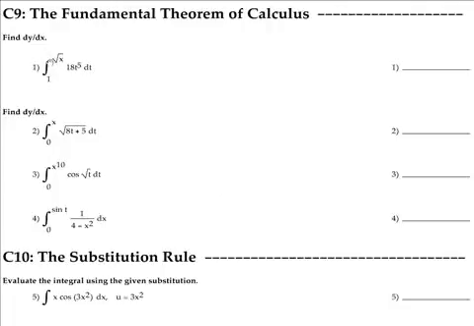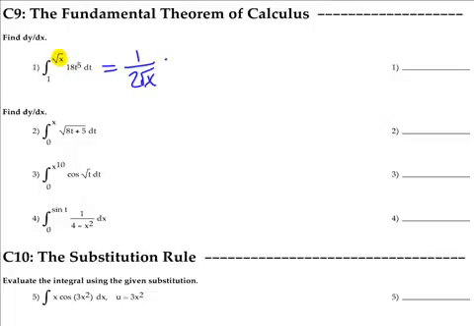Concept 9, number 1, we're just going to find the derivative of the integral. So this is using the fundamental theorem of calculus. The way I like to do this is, if I don't have just a simple x here, first I've got to make sure I've got a constant here and some function of x there. If I don't have just a simple x there, I like to just put its derivative in right now. The derivative of root x is 1 over 2 root x